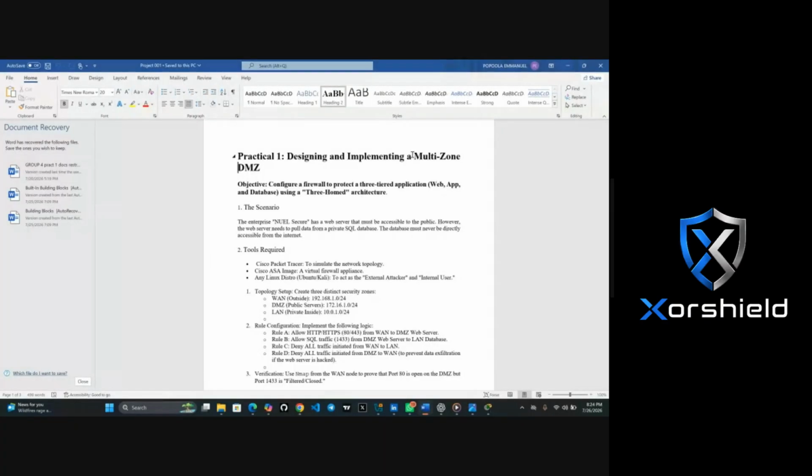So the first practical here is designing and implementing a multi-zone DMZ.